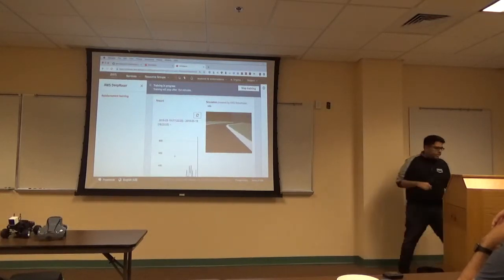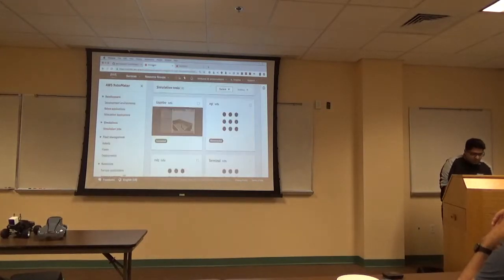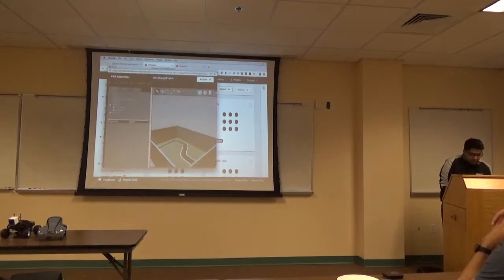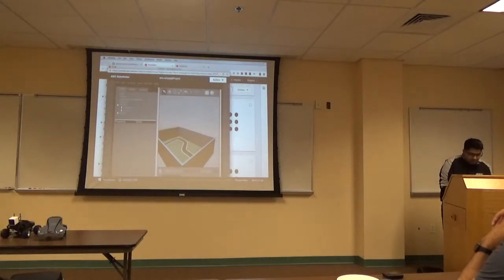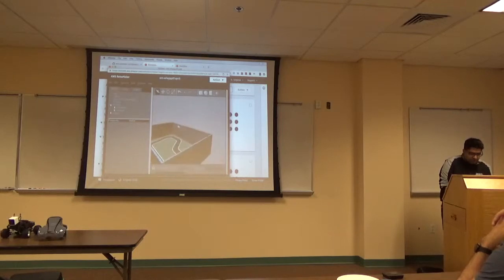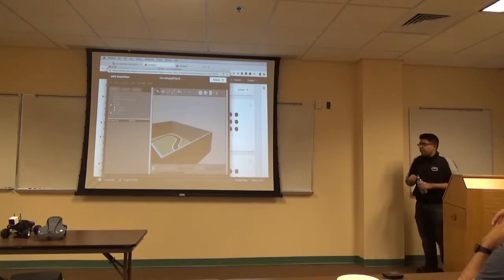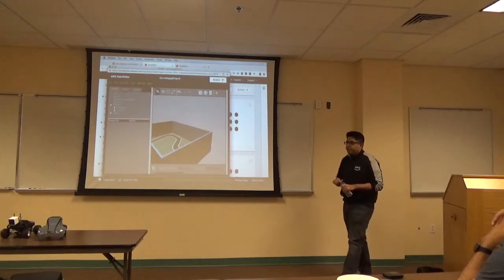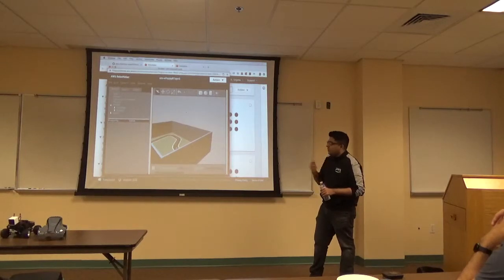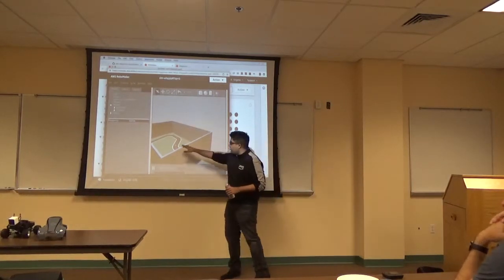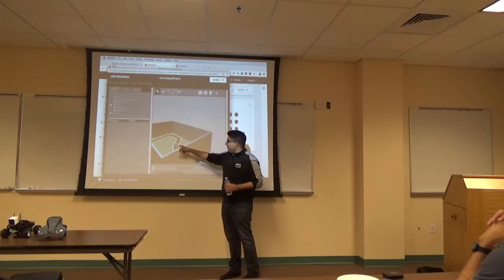Let me give you another view of this. This is another view in the virtual world of the track. Let's see the car. I can't seem to find it. Is this running on CPUs or GPUs? This particular model is being trained on a CPU, I believe, but I think you can run it on GPUs as well. There it is right here. This is the actual track. It's following the center line pretty well right now.